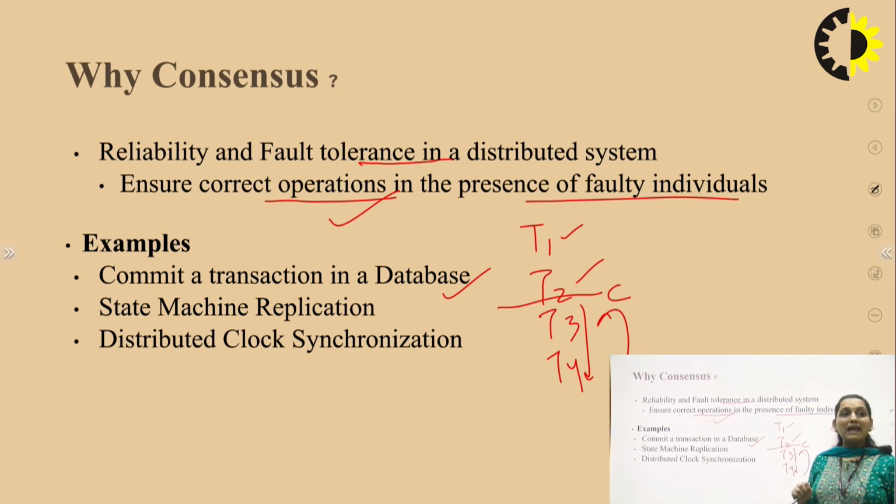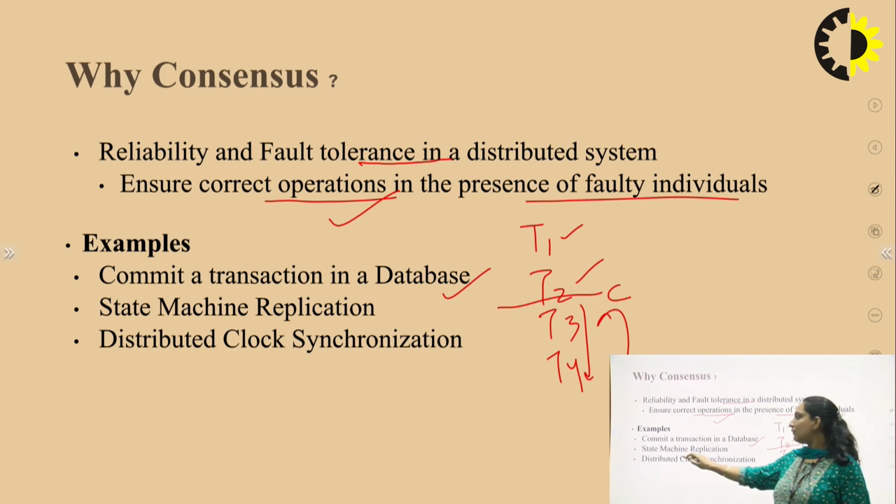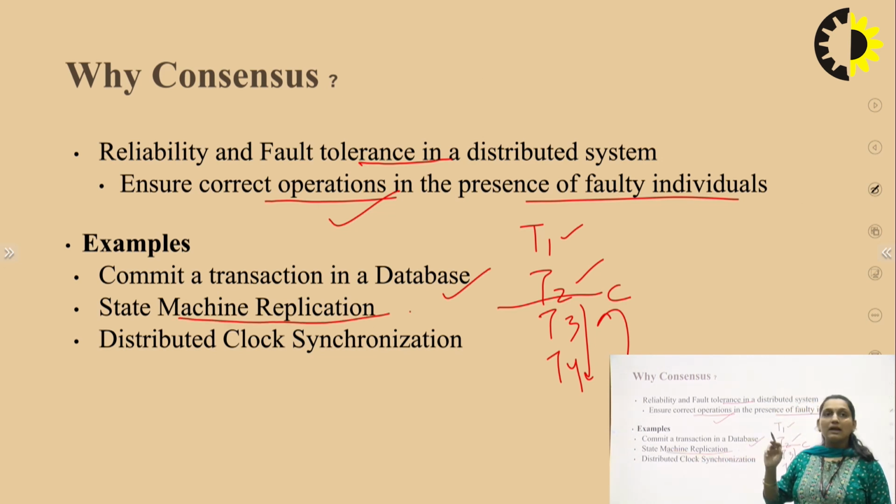The second example is state machine replication. As we know, we use a distributed architecture, and every server has a state machine, which holds a group of states that are committed. They communicate with the help of these state machines, and the state machines have to communicate between the servers and give correct information. From that we can take input from the state machine information, and then we get a result according to that.